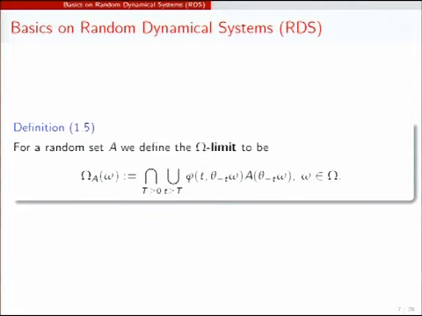Okay, now if you think how can you construct random attractors, then you come up immediately with this definition, which is technically a very important one. It's really not so difficult if you look at it. So if you have a random set, what you do is you go backward in time with this set, go again backward, then you apply phi up to 0. Of course, then you have to start here at the right time. Yeah, you go up to 0.